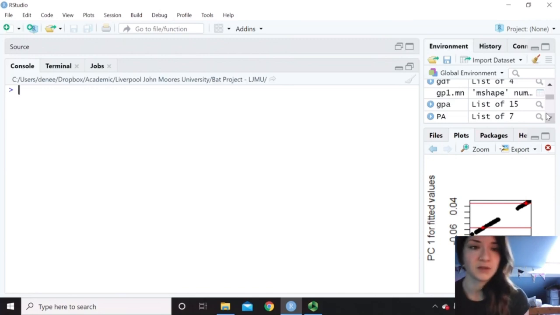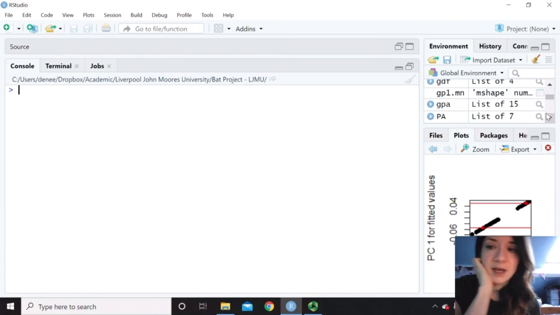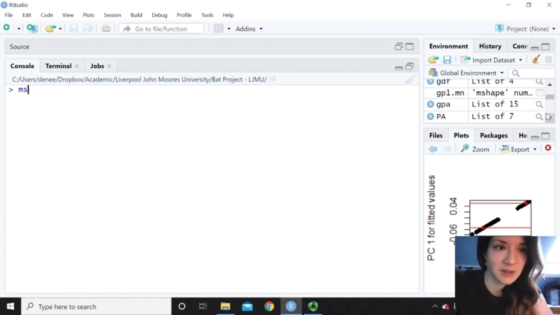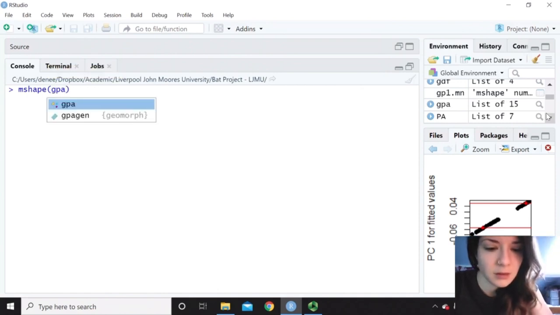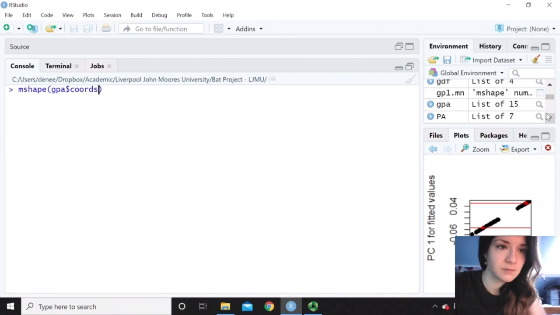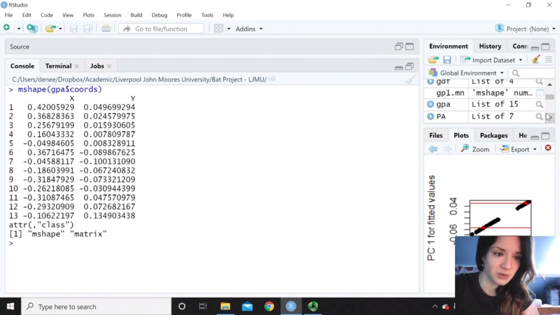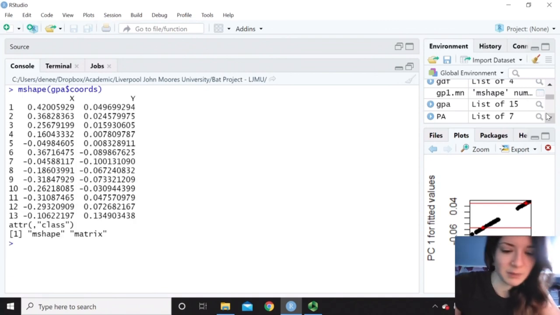So now I'm going to go through some nice ways that you can visualize your shape data. We can estimate the mean shape of our set of aligned specimens, or consensus shape, using shape. And now you can see we've got all the coordinates there, but we really want to visualize that, so we can plot it. So if I call it consensus,